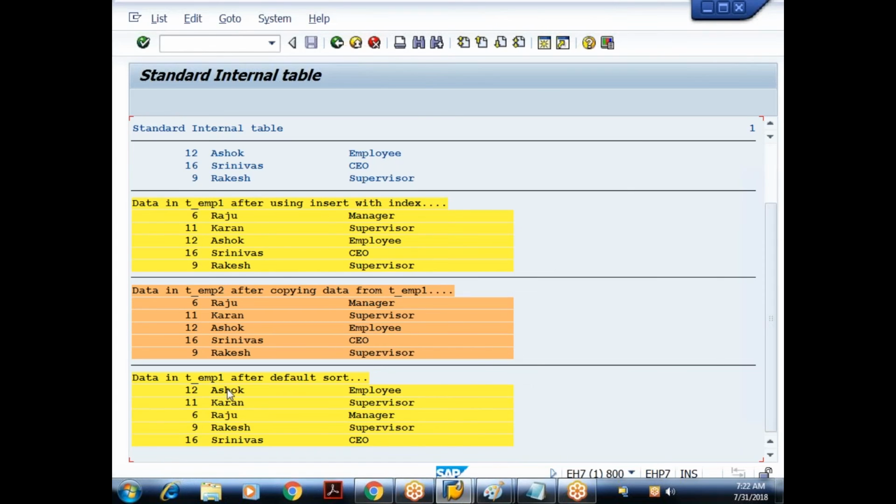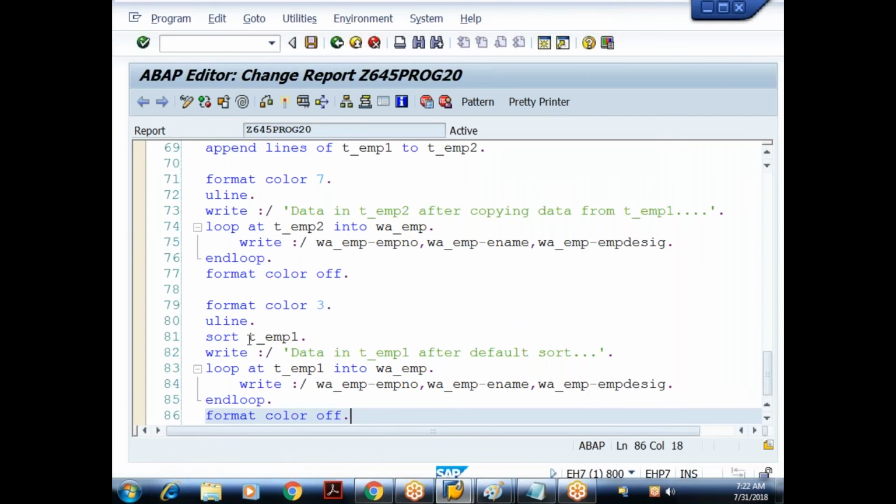It has sorted on the employee name. So what is the understanding? You are telling sort T_emp1, but we are not telling on which field it has to sort. So it is sorting on what? Employee name. So what is the meaning? If you don't specify the sorting field,